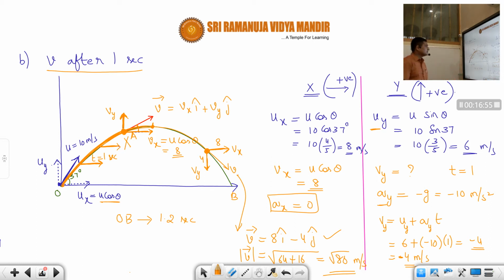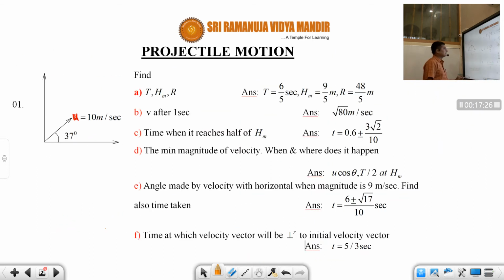Okay, students. So this is the answer. I hope you understood, students. So I can assume anywhere, doesn't matter, but still according to the final answer we have to take that it is happening at this point. Why? How am I telling that it is happening at this point? Because the velocity Vy component we got negative. Negative will happen only after the projectile crosses its maximum height. Then only what will happen? Vy changes its direction. Until that point Vy will be upwards only. Okay, so therefore this is the answer, root 80 meters per second.